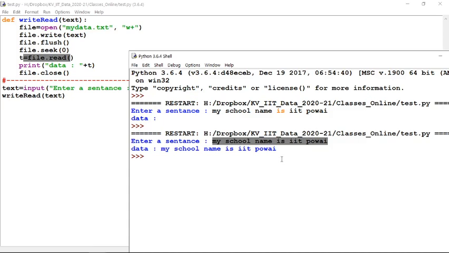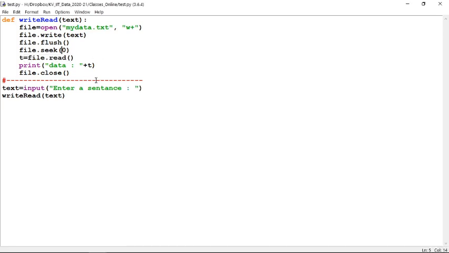I want to read from, suppose, 'name'. So what do we have to do? We have to move the program counter from the end to the beginning of 'name'. It means we have to count how many bytes from the start to here. Your byte here is 0, so 1, 2, 3, 4, 5, 6, 7, 8, 9, and the space is 10. If I move my program counter to 10, it will be here and will read from this point. So just put 10 instead of 0 and start reading again.